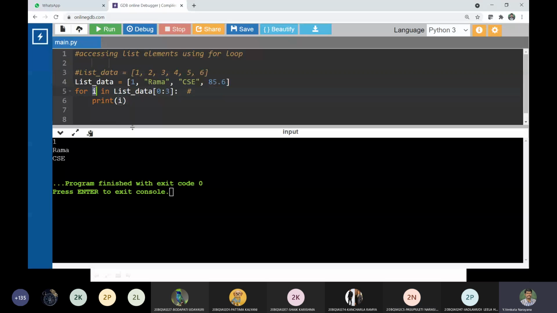The main usage of the for loop is to access the entire list. Generally until now we printed values one index at a time. But if we use a for loop, one print statement is enough. The main usage of this for loop is to get the entire list values using one particular print statement. I think it is now clear, right?